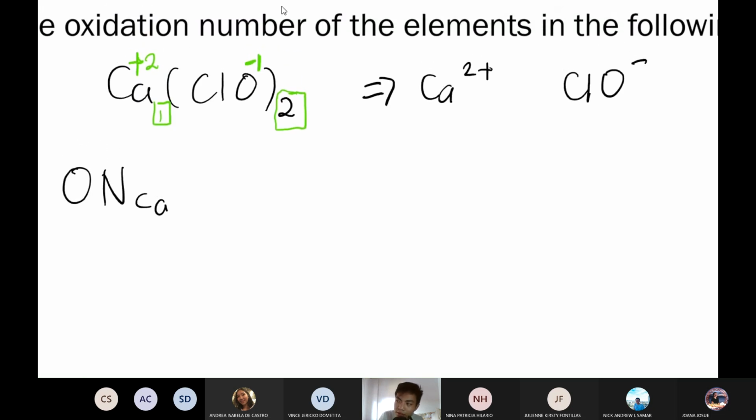So looking at calcium, that is a monoatomic ion. So whatever the charge is, that's its oxidation number. Sir, is that no longer applicable there? It's still applicable. However, here's what will happen. If you set the oxidation number of calcium plus the oxidation number of chloride all equal to 0, you'll have a hard time, because there are too many missing variables.